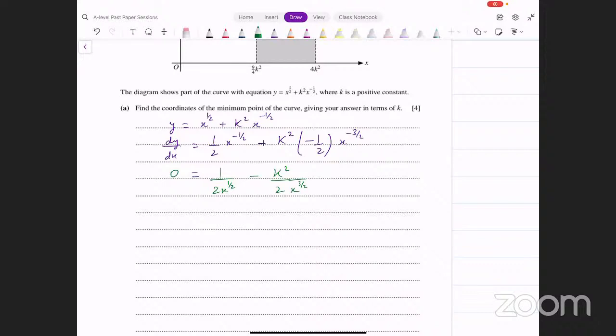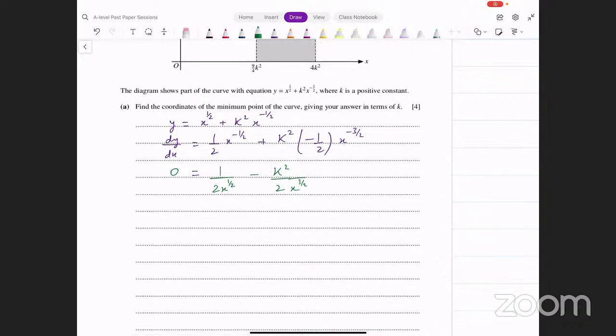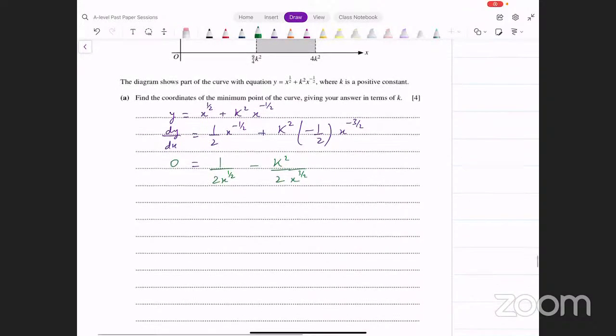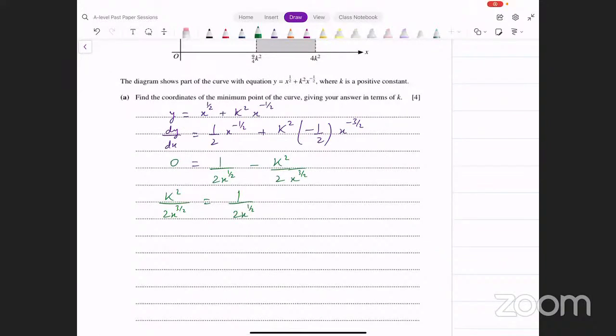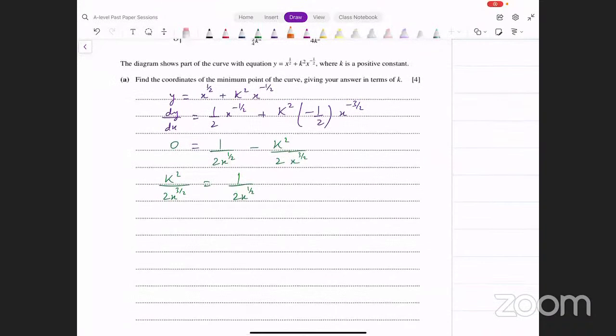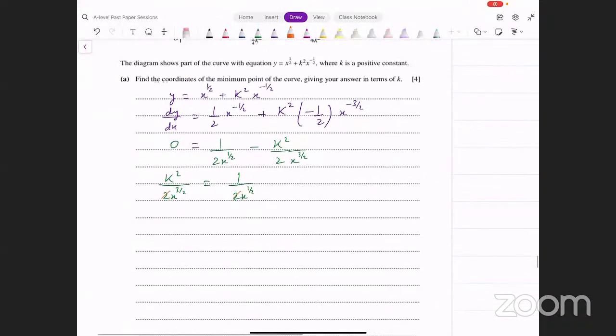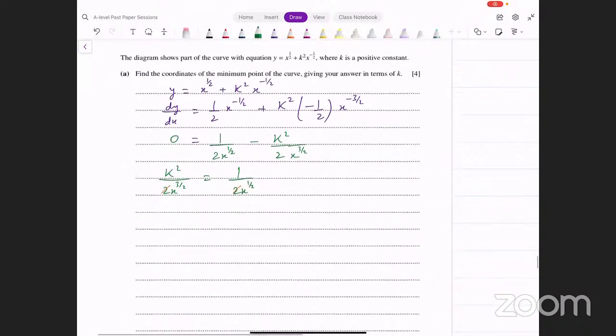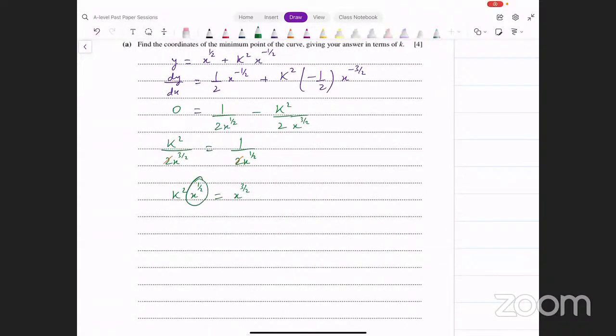ठीक है, अब क्या करें, अब हम एलसीएम ले सकते हैं या फिर हम जो है उसको लेफ्ट साइड पे ले जाएं, so that be easier, let's take k square over 2x whole raised to power 3/2 on the left side, on the right side I've got 1/2x raised to power 1/2, and now I can cross multiply, right? इसे क्रॉस मल्टीप्लाई कर ले, 2 तो वैसे कैंसिल हो जाएंगे, 2 कैंसिल हो गए, और हमारे पास क्या आ गया, हमारे पास आ गया k square x raised to power 1/2 that equals x raised to power 3/2। Okay, and now when this power 1/2 goes to the other side, ये जाके मतलब डिवाइड हो जाएगा, क्या बन जाएगा, x raised to power 3/2 minus 1/2, that's k square, x equals k square,